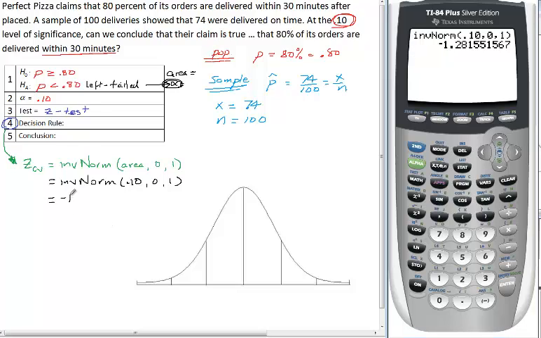Okay, so negative 1.28. So there's our critical value. And what does that mean? Negative 1.28. We go down to our chart, our bell curve, and this is a rough estimation only, just to get an indicator of where this is. So say roughly here. Okay, so this is our critical value, and it means that this area in here